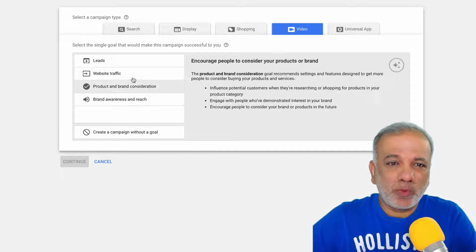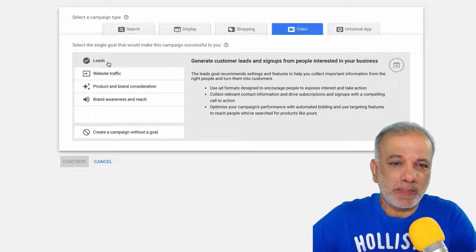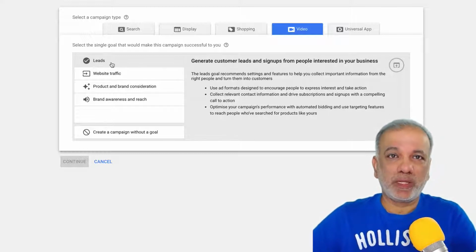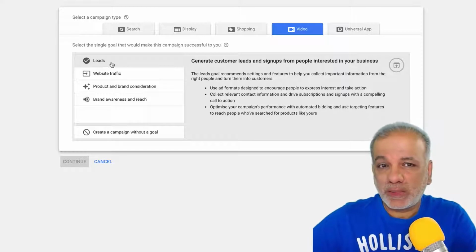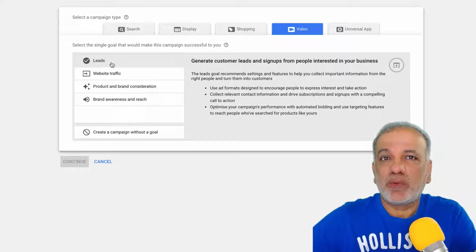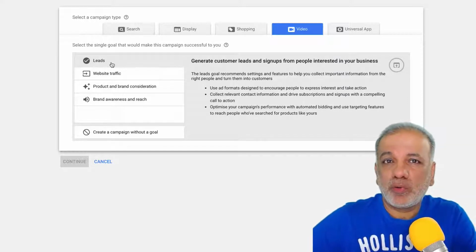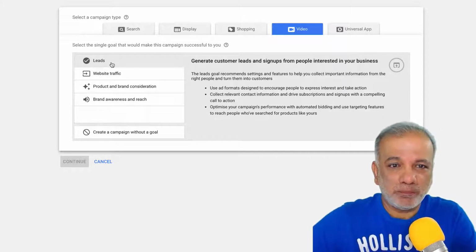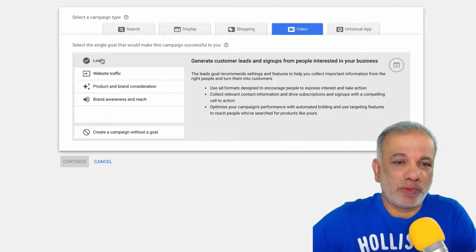But now they've also got an option for generating leads. So you can have a direct call to action on your ads to get visitors to your website or to a landing page. So let's select this one first